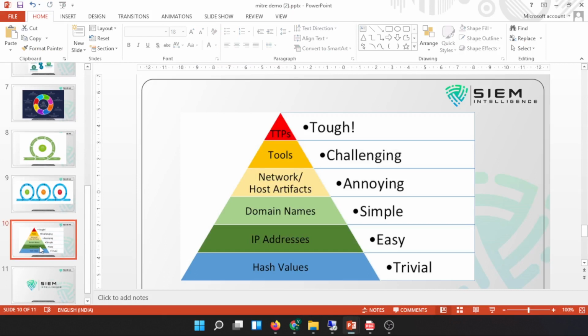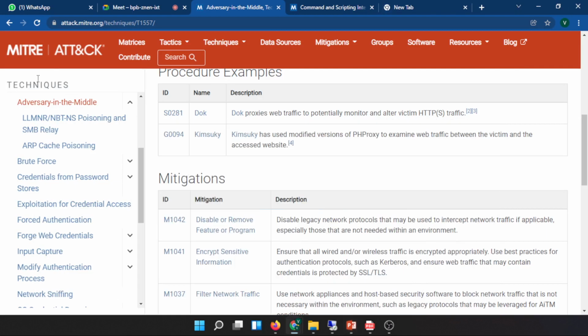An attacker can change your hash values very easily, but analyzing and defining TTPs for anything is very tough. We will talk about all these things in the pyramid of pain. From the attacker's perspective, whatever he is doing is quite easy for him. But the other way around, for the defender, finding the exact tactics and techniques is quite difficult. That is the reason MITRE ATT&CK came into existence, to make you understand the strategy of